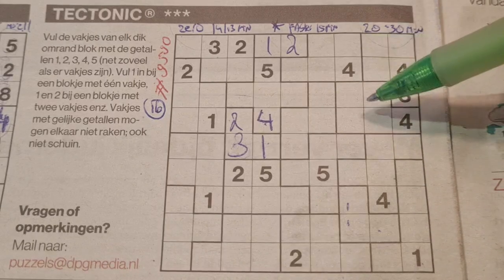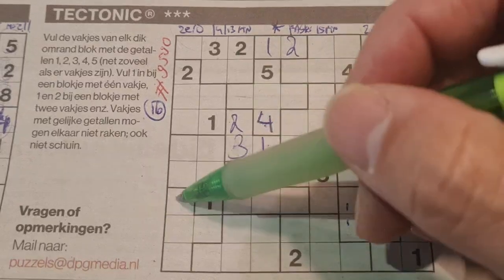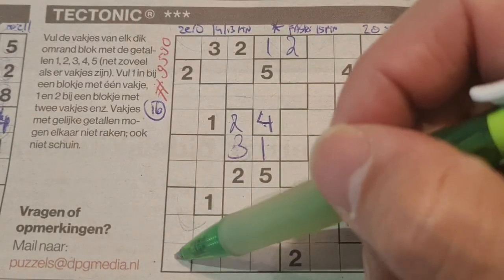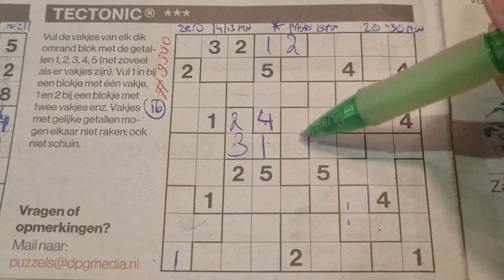Next question, do we have here quadro boxes? I see 2 quadro boxes here and there. Well, these 3 boxes surround 1 can be 1, so 1 box left for the 1 should be there. And the other numbers could be everywhere. Here also